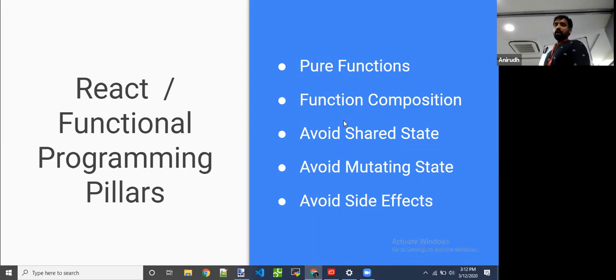We have functional composition pattern, and we avoid sharing state, we avoid mutating the state, and we avoid side effects. So we will go one by one through each point and explain how this particular thing is used in React. So first we will cover pure functions.